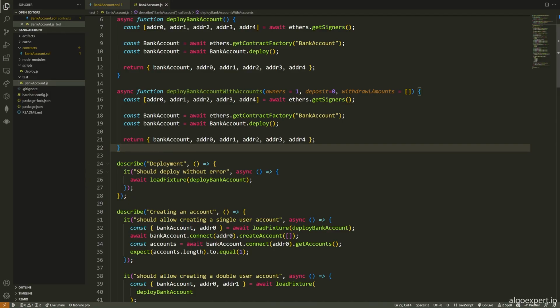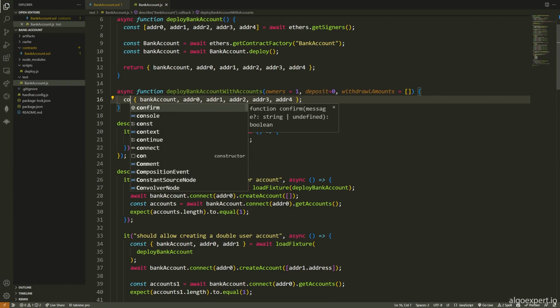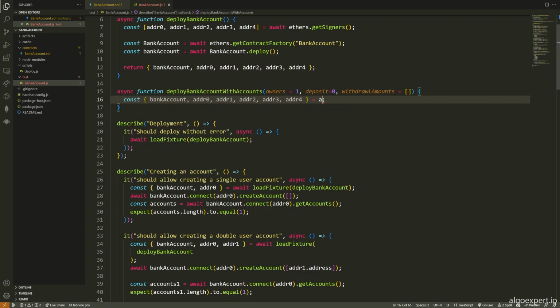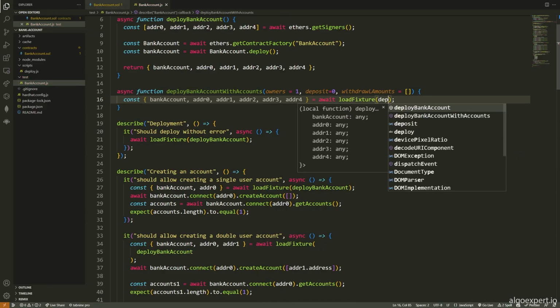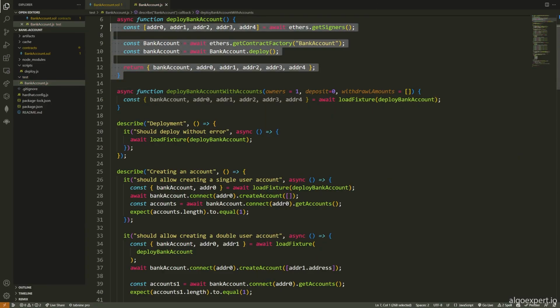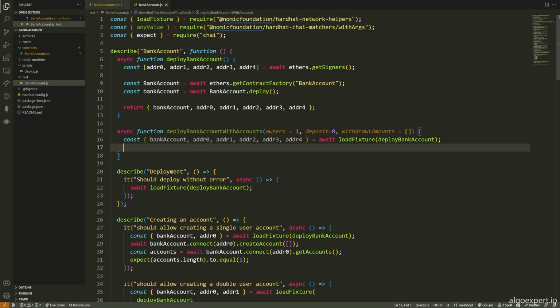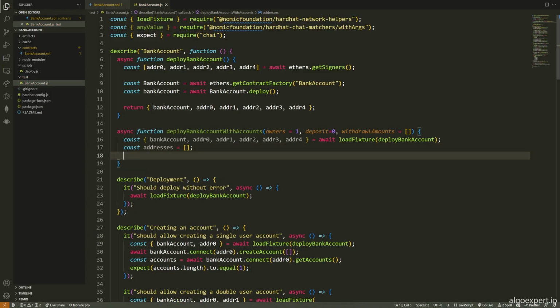So what I'm going to do here is say const like this is equal to await load fixture, and I'm going to load the fixture of deploy bank account. So I'm going to use this existing function to deploy the bank account contract. Now that I've done that, I'm going to create an account with the number of owners specified here that is passed to the function. So I'm going to say const addresses is equal to,